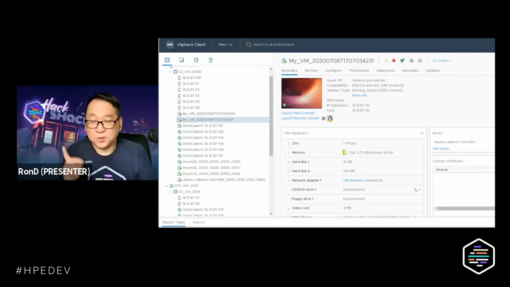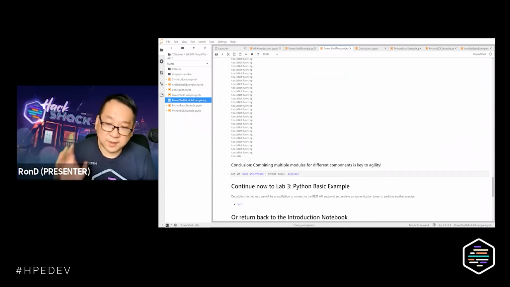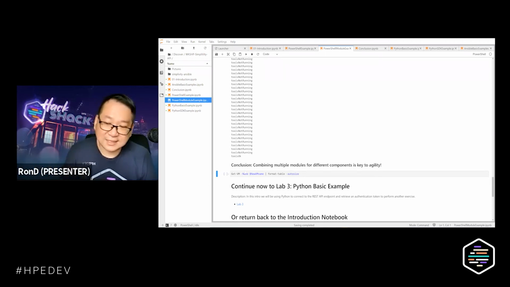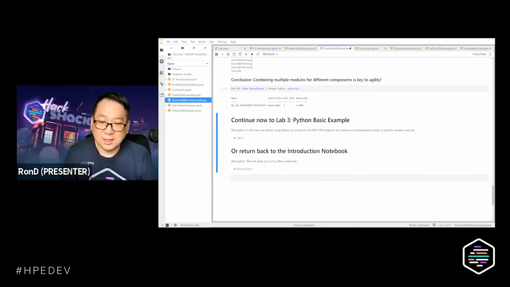So before you do any operations against that virtual machine, you have to understand its state. That virtual machine will only be available once the tools are up and running, and then we know we can execute other operations with it. That is how we use combinations of different tools to increase the agility of our automations. Okay, move on to the next lab.